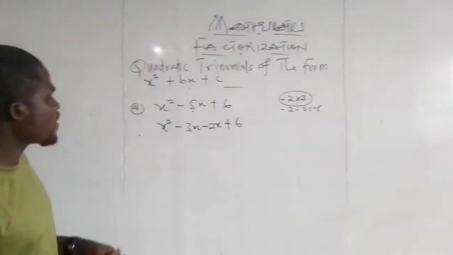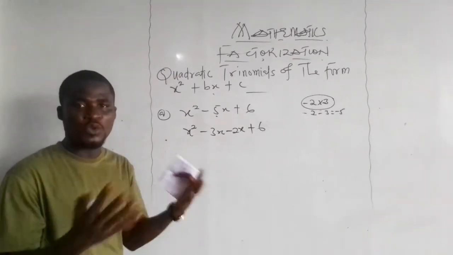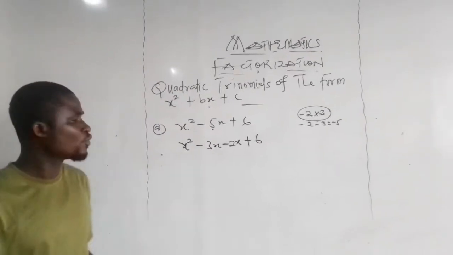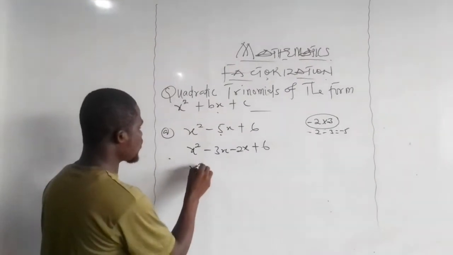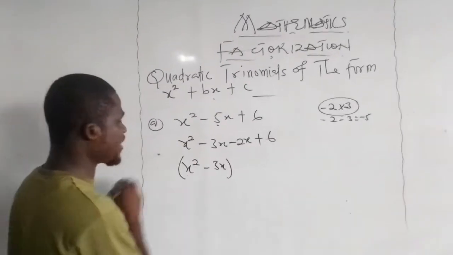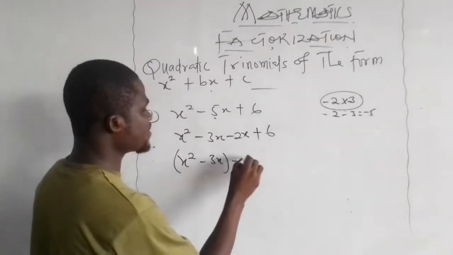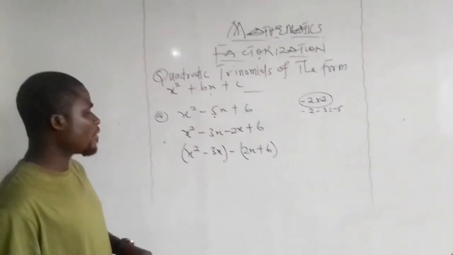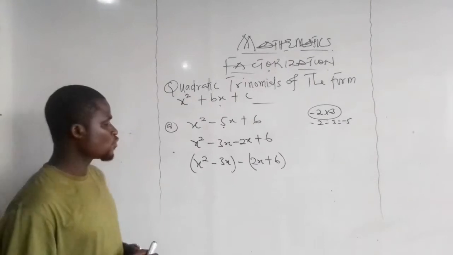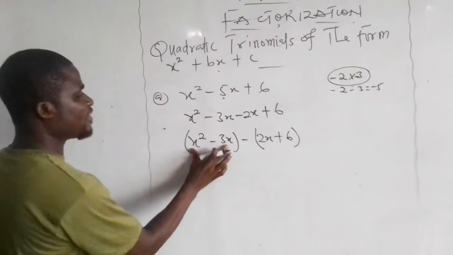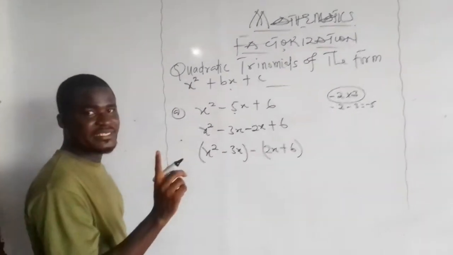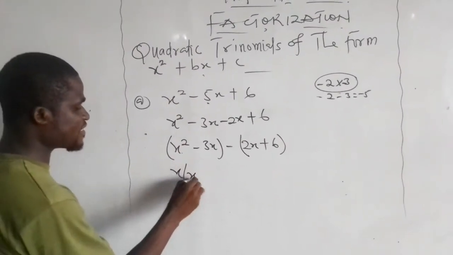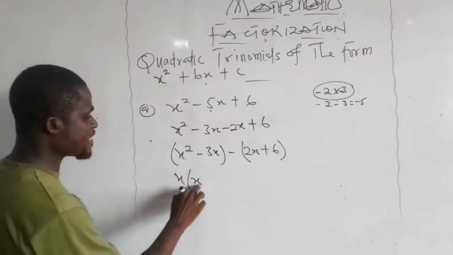Now, when you are done, we are going to group them. Method of grouping. In a previous lesson, we learned how to group them. So we are going to have x squared minus 3x in one bracket, and minus 2x plus 6 in another bracket. Our next step is to factorize. The variable common here is x, so we are going to have x into brackets. What remains here is x, because x times x will give us x squared,